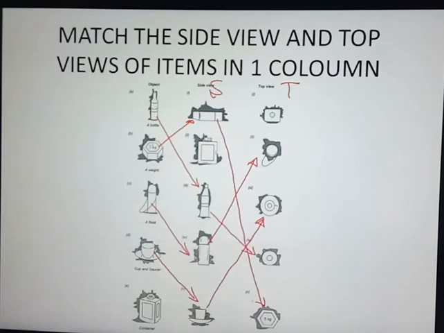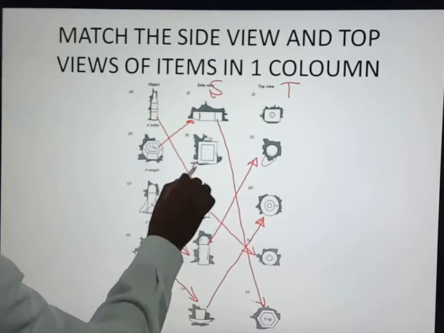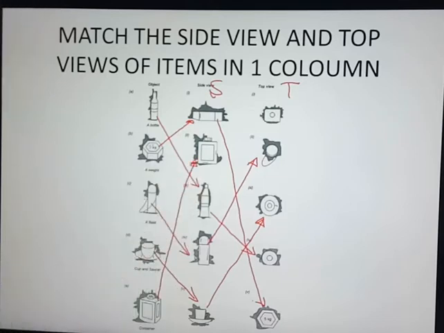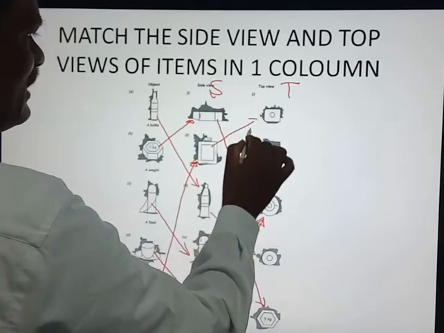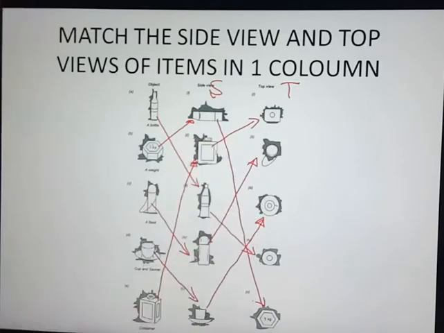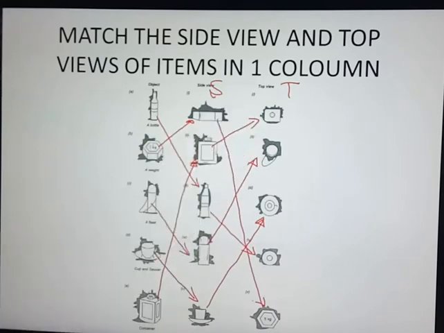The only one object left, which is a container. So it is looking like a cuboidal box. Side view, look at this, this is a side view. Okay, from the top you see a circle and a square shape. So at the center, that cap looking like a circle, and the top portion is also looking like a square. So that is the combination here, side view and the top view.